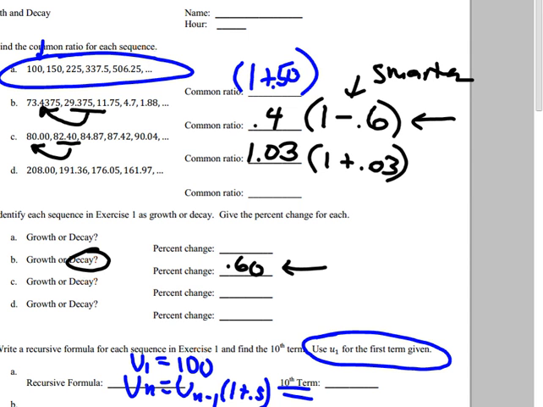Then the last thing, and I really didn't talk about this too much, but it's important. You need something called a domain. You may have seen this on the keys. N greater than or equal to 2. It's always n greater than or equal to, and then this number 2 is always 1 bigger than whatever you started with. So if we had started with a 0, we'd say 1. And since in this problem we started with a 1, we say 2.